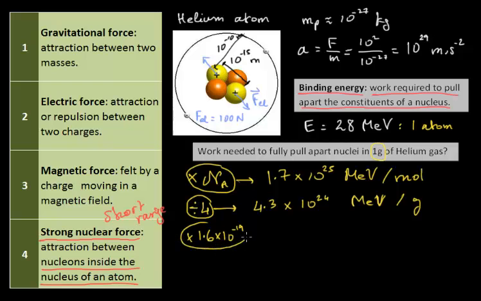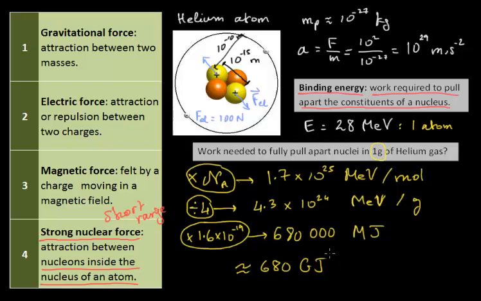That's how many joules correspond to 1 electron volt, and I obtain something like 680,000 million joules. So that's approximately 600 gigajoules we're talking about,